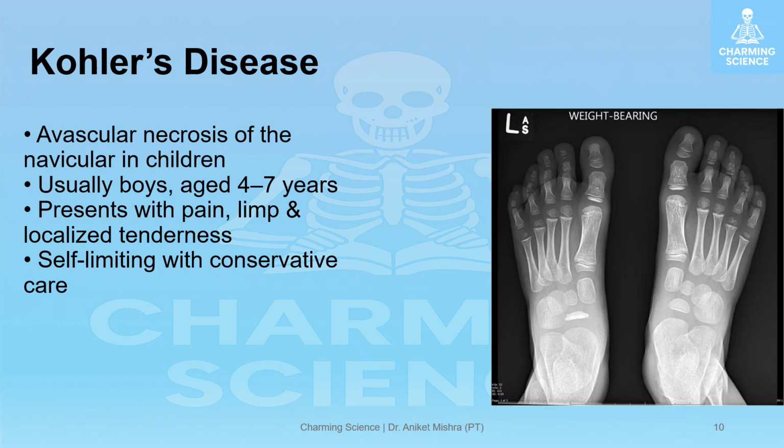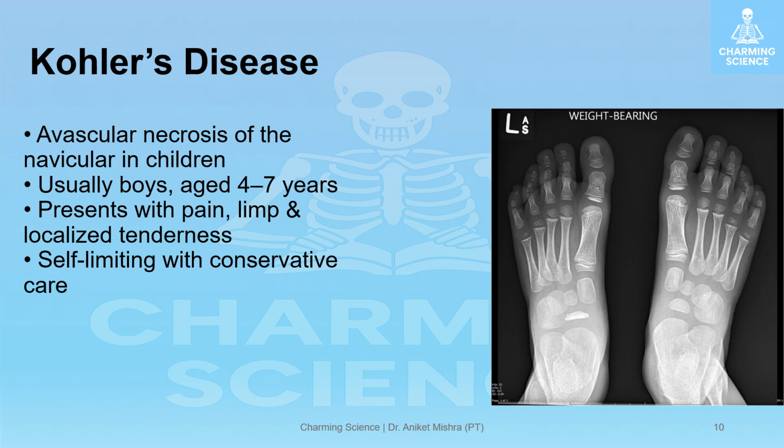Now let's talk about Kohler disease, which is a rare condition seen in children. Kohler disease is an uncommon condition characterized by avascular necrosis of the navicular bone in young children. It typically affects boys more than girls and is most commonly seen between the ages of 4 and 7 years. The exact cause is thought to be a temporary disruption of the blood supply to the navicular, leading to